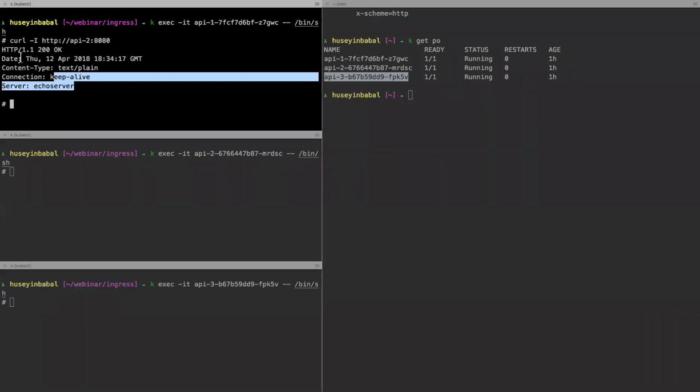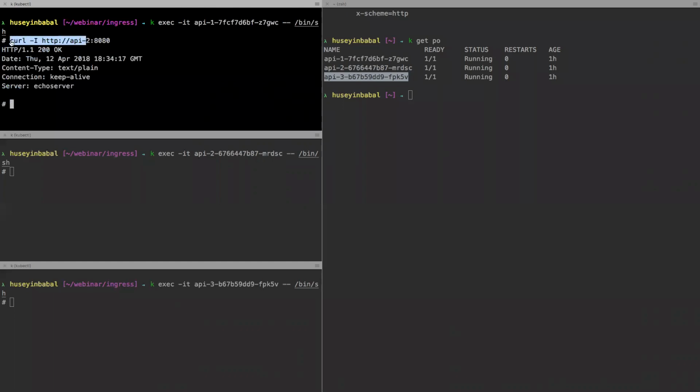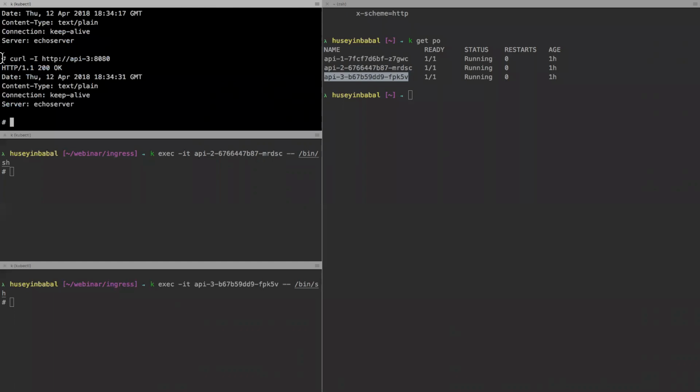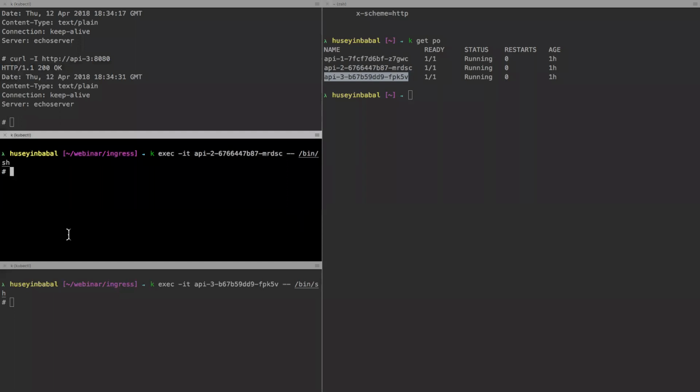Okay, there is no problem here. I'm able to connect to API 2 from API 1. There is no problem there. So what else? Connecting to the third API. There is no problem there. When you check the others, you will see that the connection works vice versa. API 3, for example, 8080. Okay, no problem there. But as you can see, by default, there is no restriction on the intercommunication between the